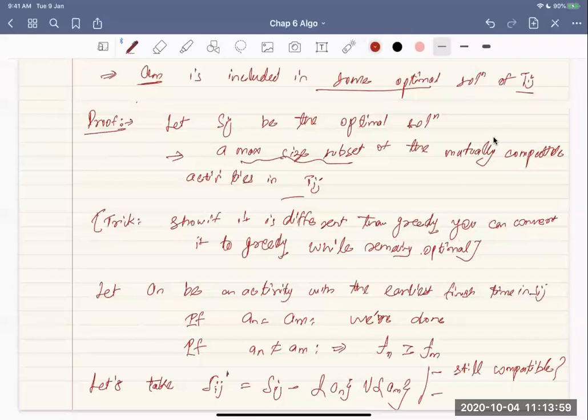Second, size same. So the second one is fine. I removed one activity and included one activity, so its size is same as Sij. But are the activities still compatible with each other? For that you see,